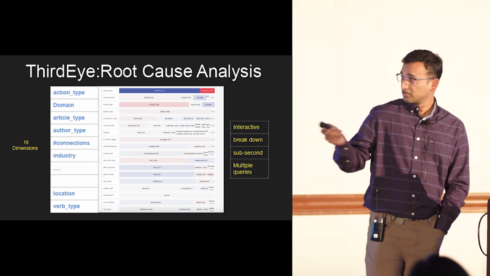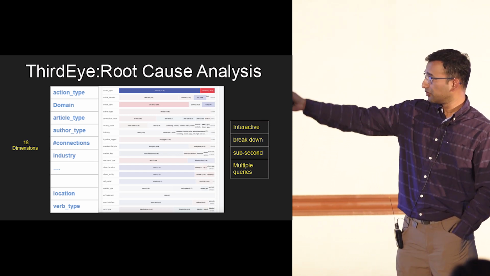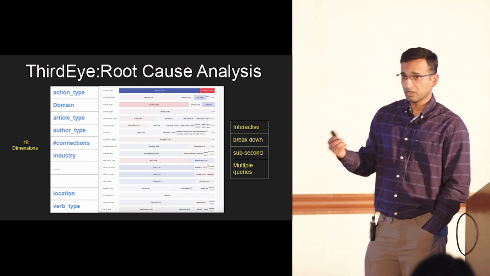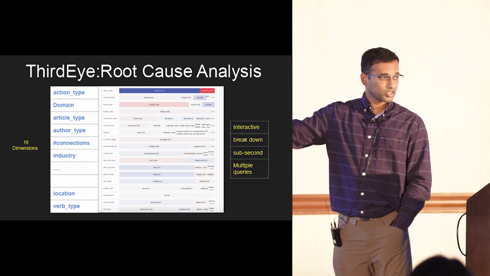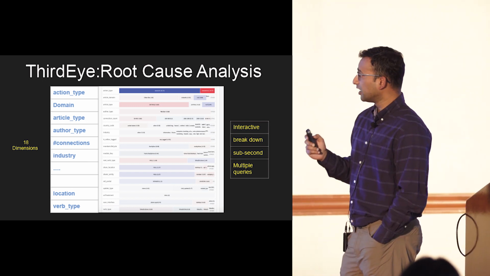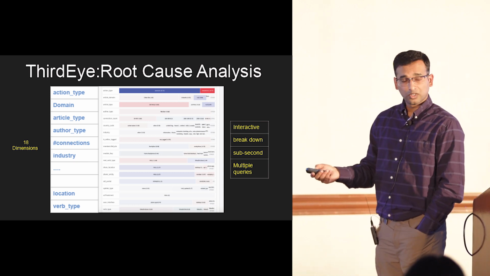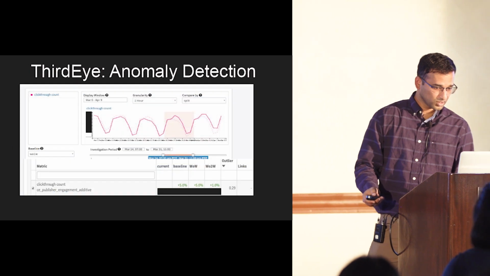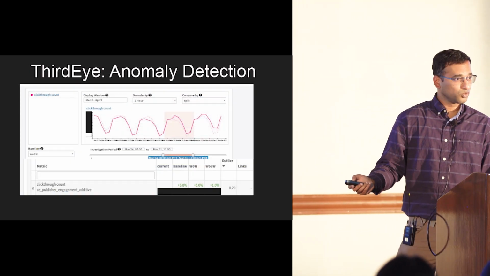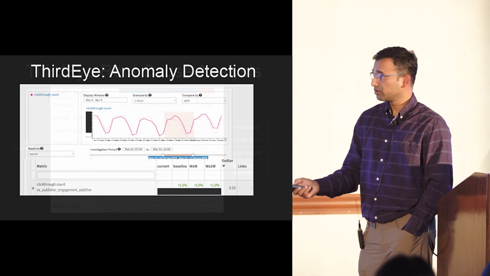On this side, we just go over the entire data, and we are able to look at all dimensions at once. In one shot, we are able to say where the problem is coming from. So the heat map guides you towards the things that have issues. In this case, there was an increase of 5% week over week on this article, and we want to know where this is coming from. We have so many different dimensions. How do we look into that?